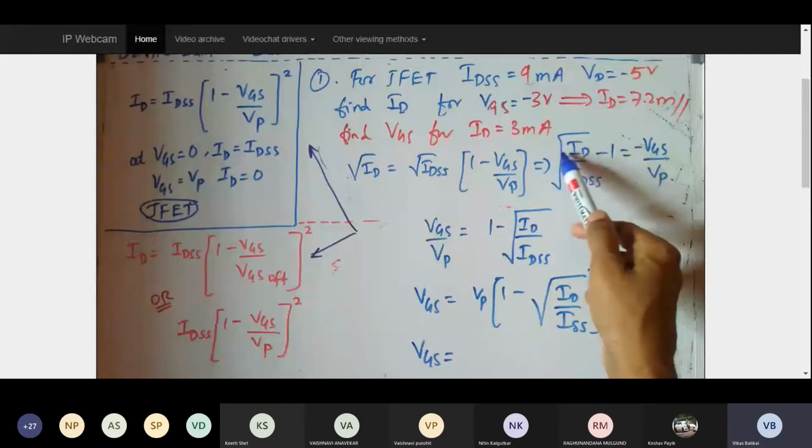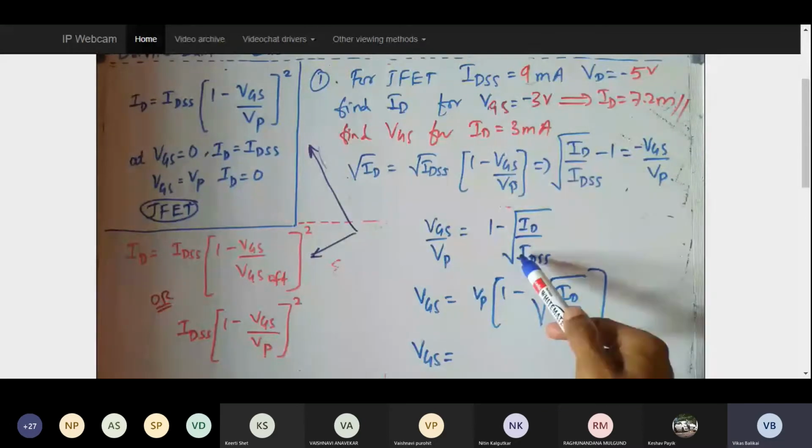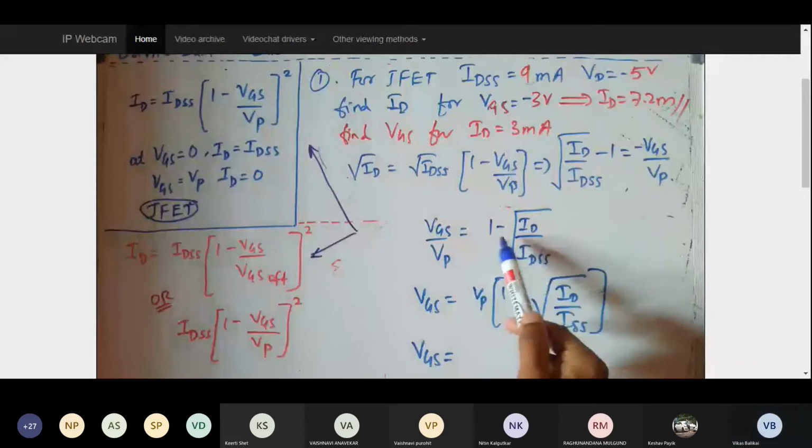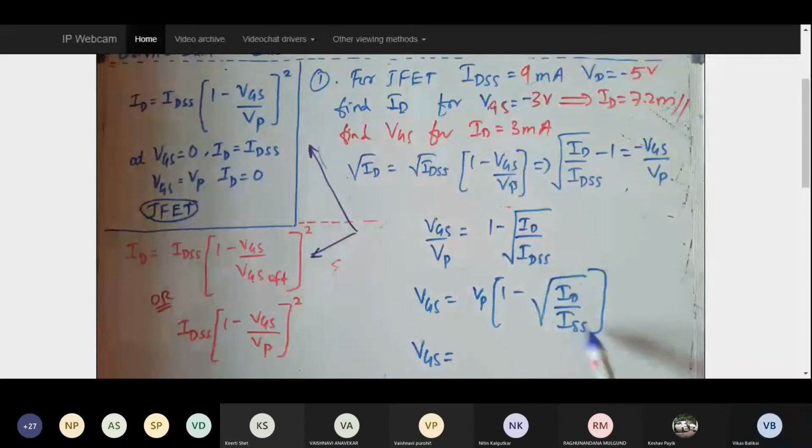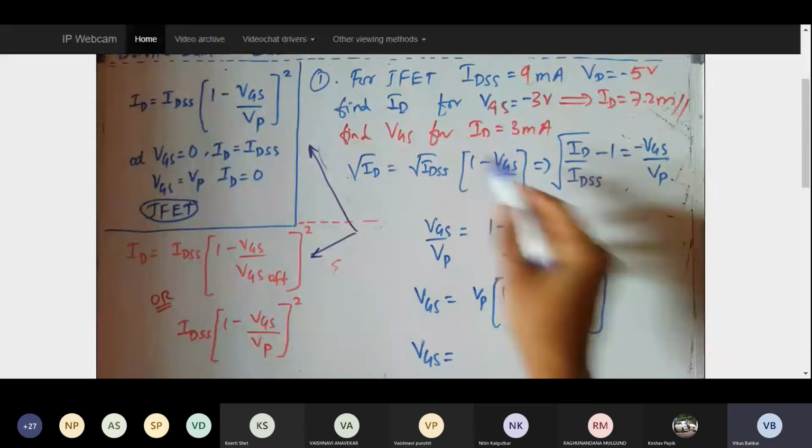From here I'm getting this one, and from this particular expression I'm going to get VGS. VGS equal to VP into 1 minus square root of ID by IDSS. So this way now I can easily substitute and figure out what will be my answer. So what is it that he has asked? Find VGS when ID is 3. So VP he has given us